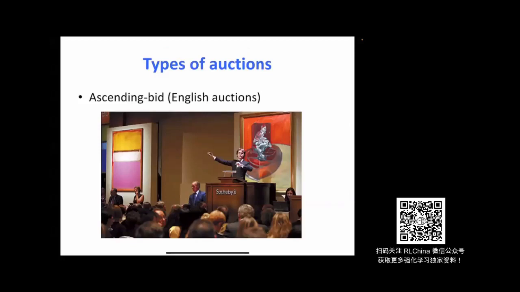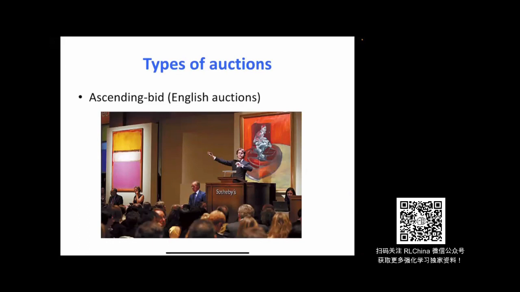So, types of auctions. The popular one is called the English auction, which is nothing but ascending bids. This is the so-called open outcry market. For example, at Sotheby's, when they sell contemporary art,